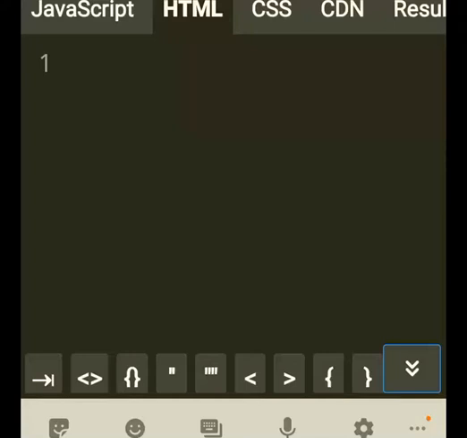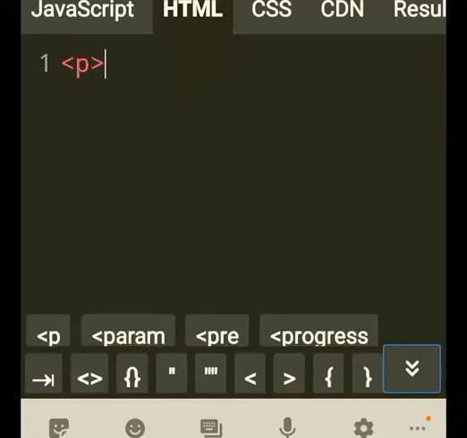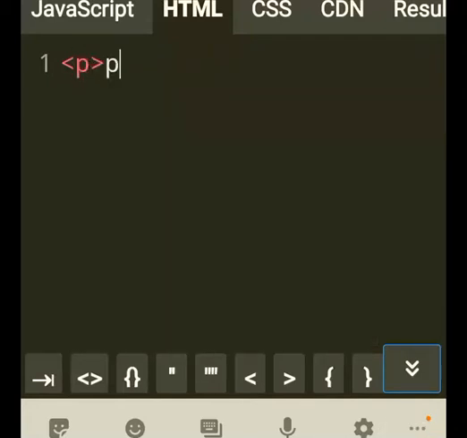So let's get started. HTML. I'll just do a simple HTML file. Let's say a paragraph. Pseudo elements.